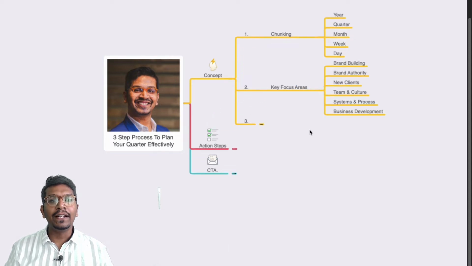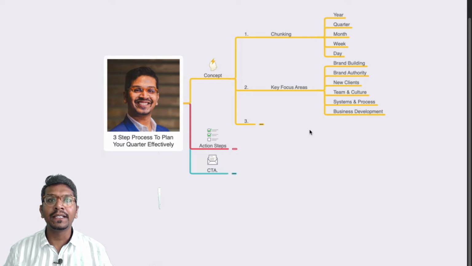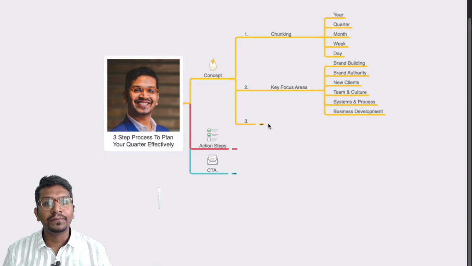Among those activities, your focus areas could be brand building, brand authority, getting new clients, team and culture, setting up systems and processes in your business, or business development. So it is very important that you are aware of the key focus areas in your business, what your role as a business owner is, and which focus area you need to work on.